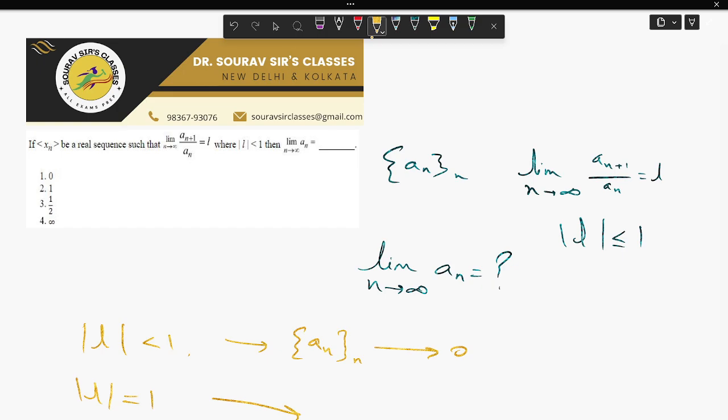Okay. So now case 1, where the mod of L is less than 1. If the mod of L is less than 1, then for large n, the ratio a(n+1) upon an is approximately L, and the mod of L is less than 1. This implies that the terms of the sequence an are shrinking in magnitude. Formally, we can show that